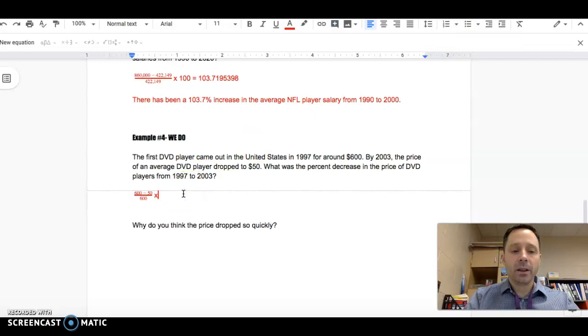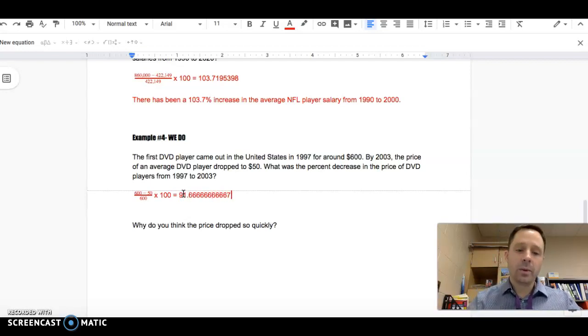And then we end up multiplying that by 100 to get the percent. So 600 minus 50 we know is 550, and then divide that by 600, and we'll get a number, and we're going to multiply that by 100, and we end up with 91 point,